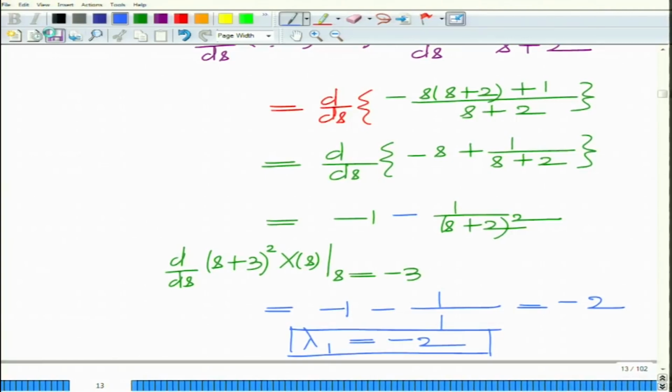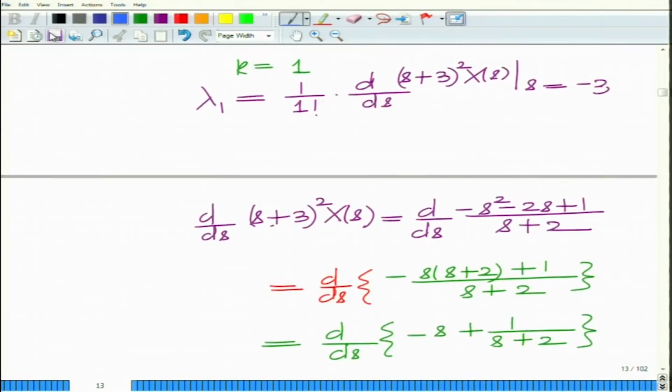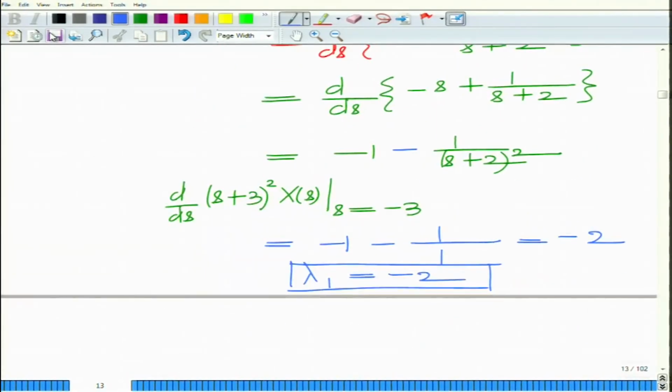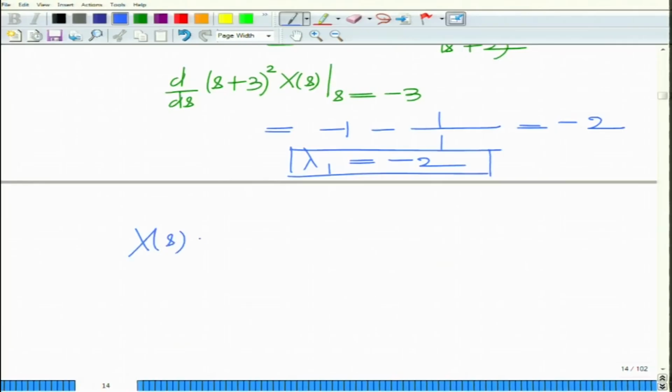So, we have shown basically that we have evaluated the coefficient lambda 2 as 2, the coefficient corresponding to (s + 3) squared is 2, and lambda 1, the coefficient corresponding to s + 3, is minus 2. And therefore, the partial fraction expansion of X(s) can now be written as C1 over s + 2, but C1 has been shown to be 1. So, 1 over s + 2